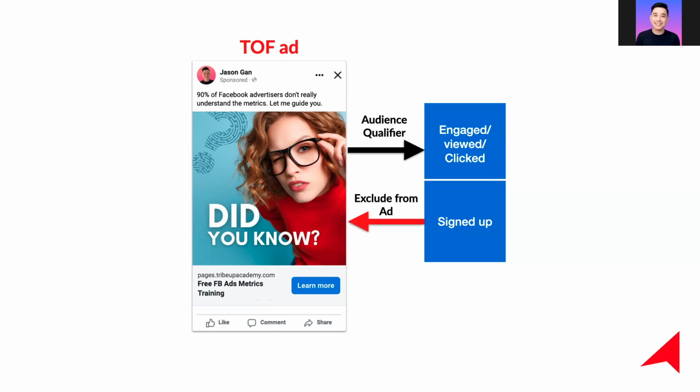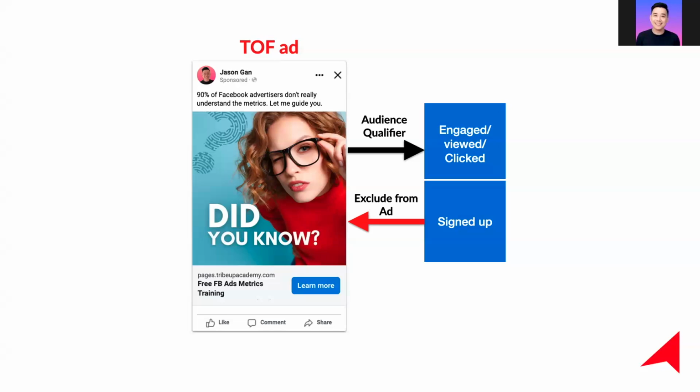Why? Because a lot of ads, a lot of campaigns out there without exclusion would be showing the ad repeatedly to the same audience who have clicked, who have interacted. Because when it comes to Meta advertising, you have to really understand when you define an optimization, say, for example, you want to get people who are likely to sign up to your lead form, Facebook will zoom into a bunch of people who are likely to sign up to a form. And Facebook has very strong data as in who are the people who are likely to do that. And they will zoom into this bunch of people.